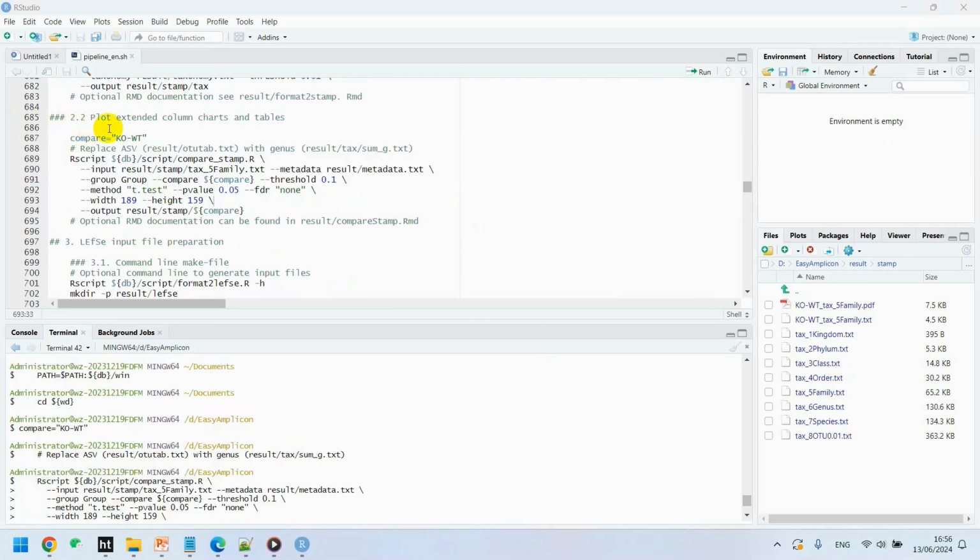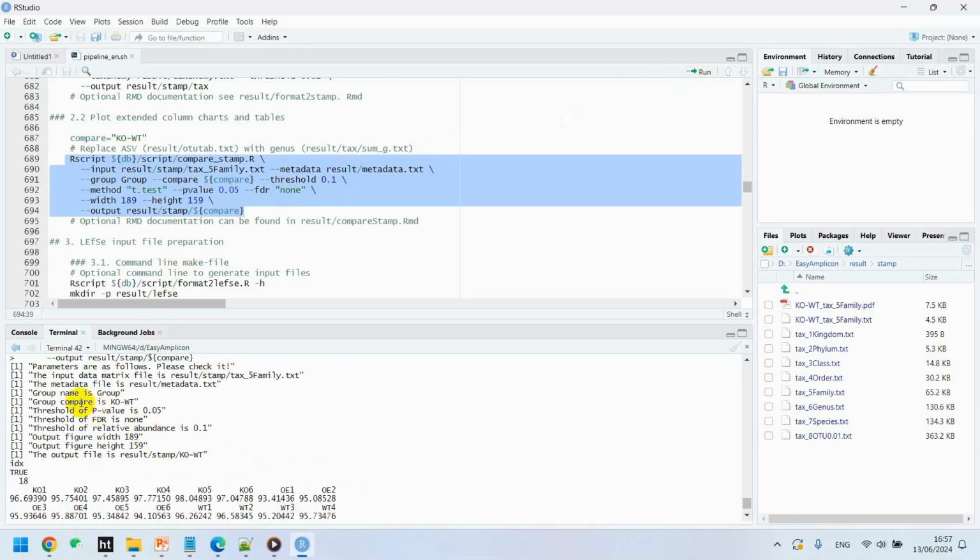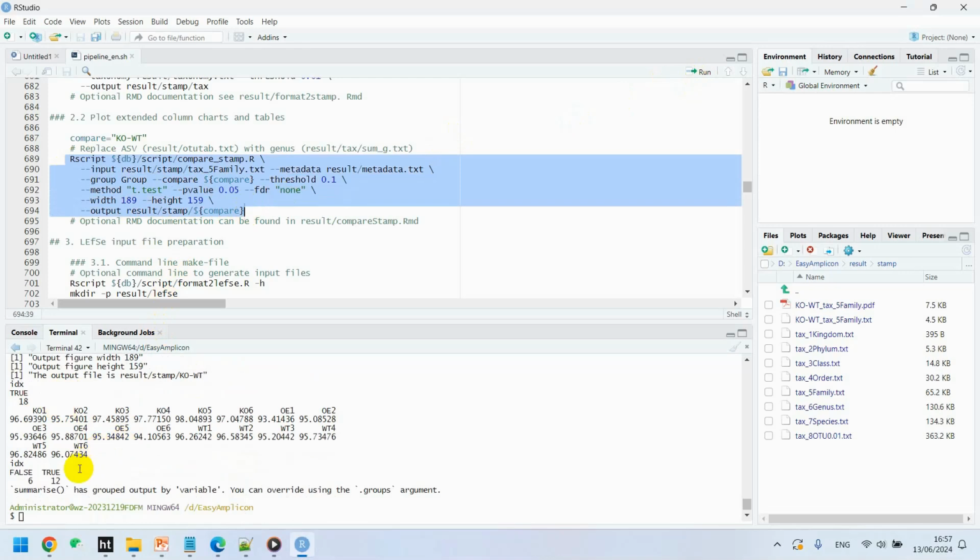Then plot extend column chart and table, in order to replace ASVs with genus, we will execute this code. And here we are using input result files stamp text 5 family text, and metadata result metadata text, and threshold is 0.1, p-value 0.05, filter none, and width 189, height 159, and the output will be stamp compare. When we execute this code, we will see here, we get